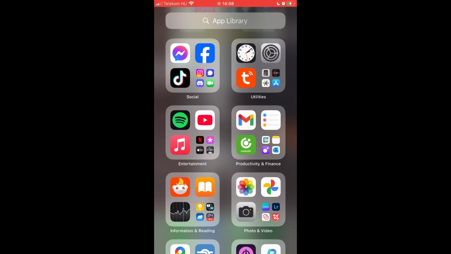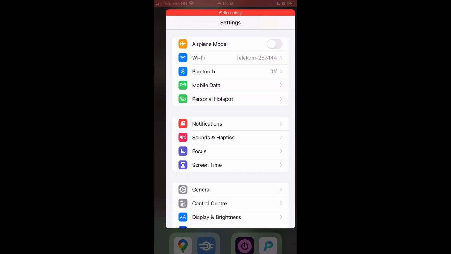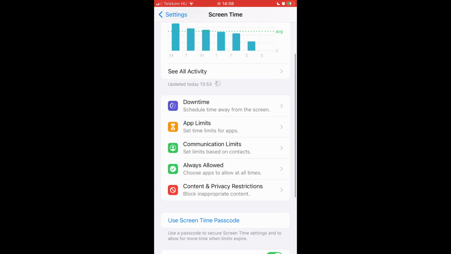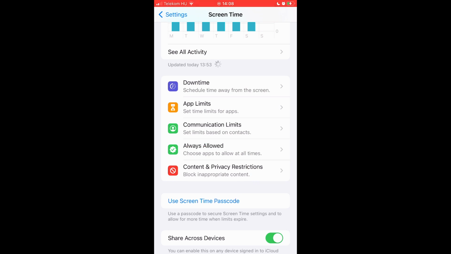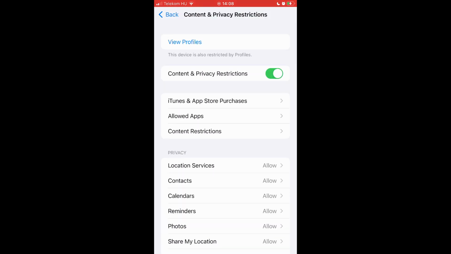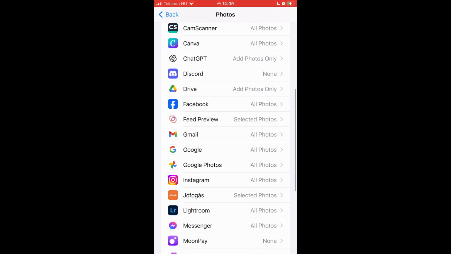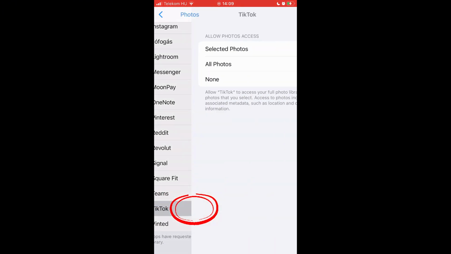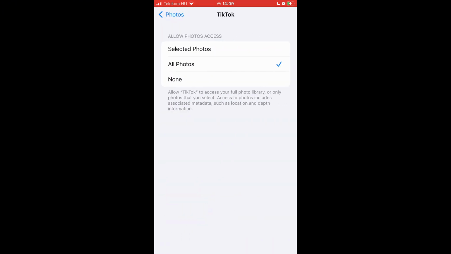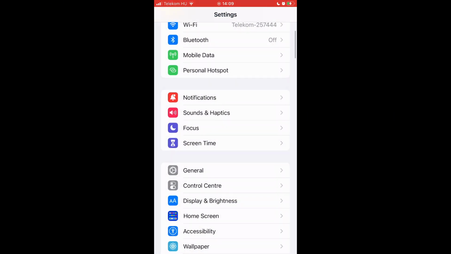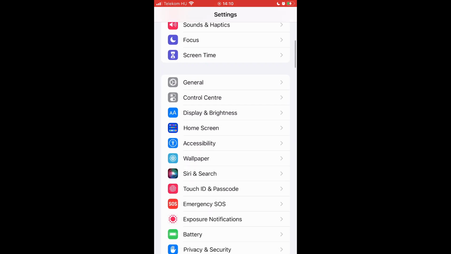First thing you can try is to go to your settings, scroll down to screen time, click on content and privacy restrictions, and you can either turn this whole thing off, or if you don't want to turn the whole thing off, you just need to go to the photos and just search for TikTok and put it to all photos. The second thing you can try is to go to your settings again, then go to privacy and security,